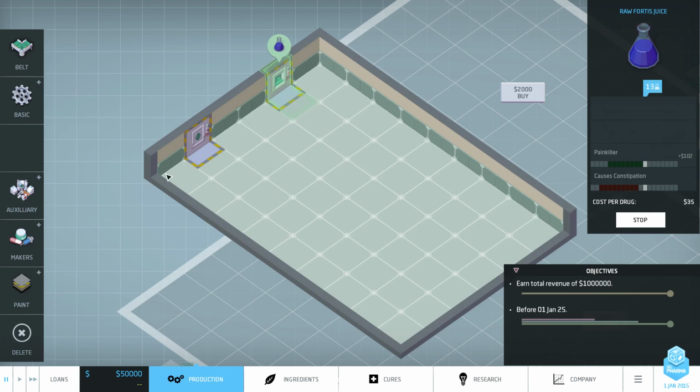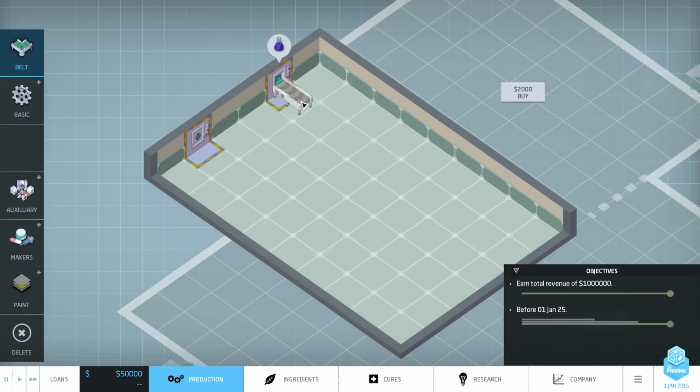Okay, easy. Really, really easy mechanics in this game. You need a conveyor belt to move things around. Now, in an earlier release of this, you could actually plug machines directly into each other. Now you have to have at least one conveyor belt section in between each machine. So, let's put a conveyor belt